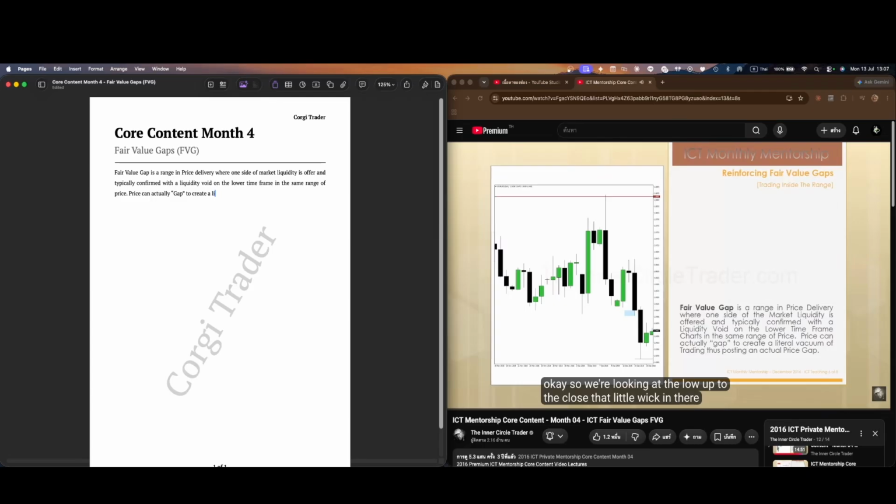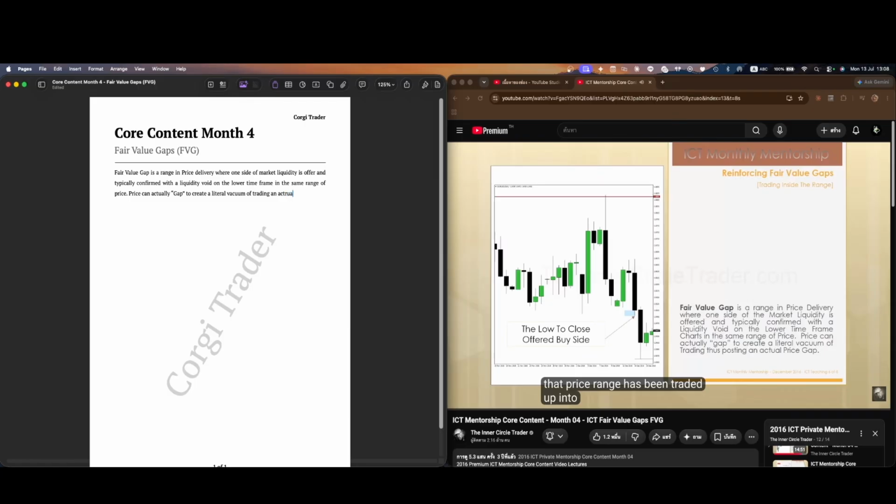So we're looking at the low up to the close, that little wick in there. If you take that same range, and you look at our down candle that created that fair value gap on the daily chart, that range between 105.15 to approximately 105 big figure inside our down candle, and in this candle here that's highlighted from the low to the close,